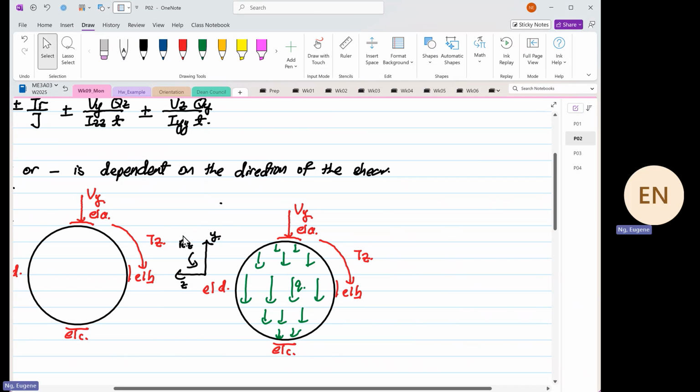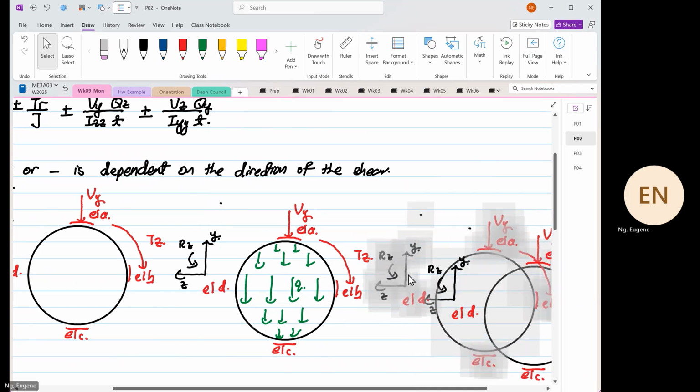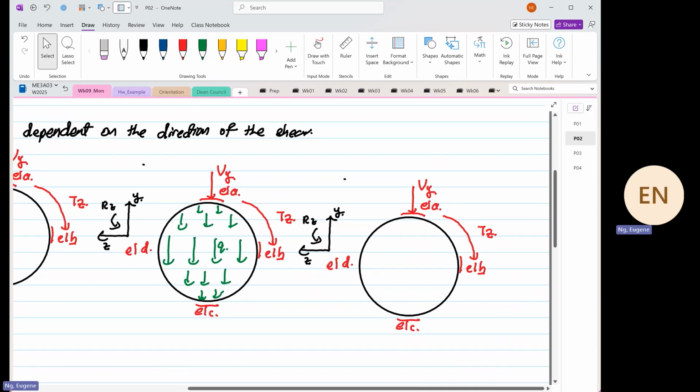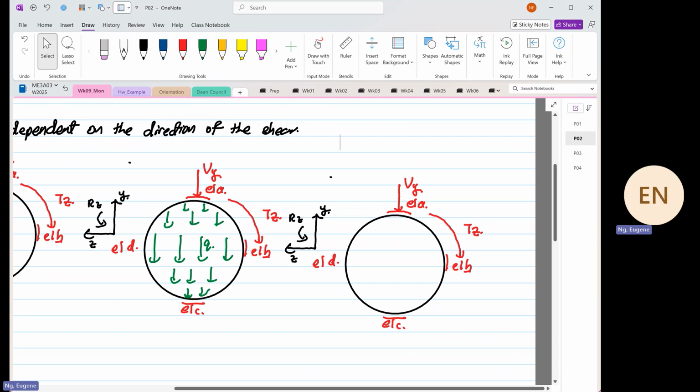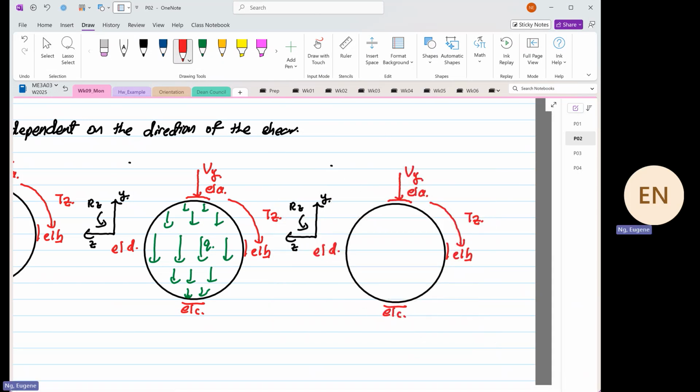And then if we were to now sketch the next one, due to the torque, the shear stress due to the torque will rotate in this direction. And the shear stress is equal to TR over J. And I'm only drawing at the surface because the shear stress is maximum